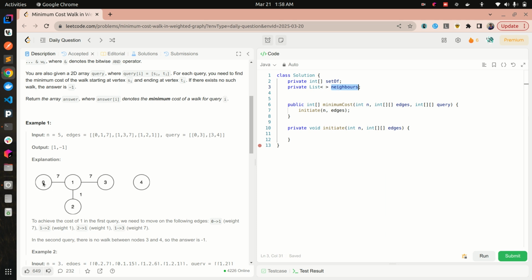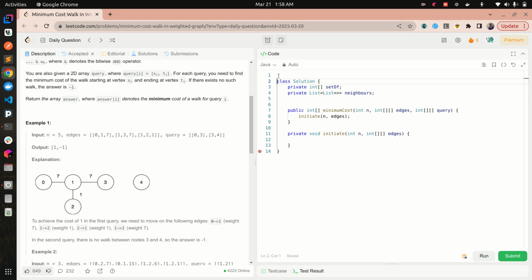Okay, so node 0 has neighbors 1, right? Again for node 1 the neighbors are 0, 3 and 2, and along with the neighbors I will also store the corresponding weights as well. So first is to note the neighbors, and along with that I should also store the weights associated to them, right? So in order to store the neighbor and the corresponding weight,